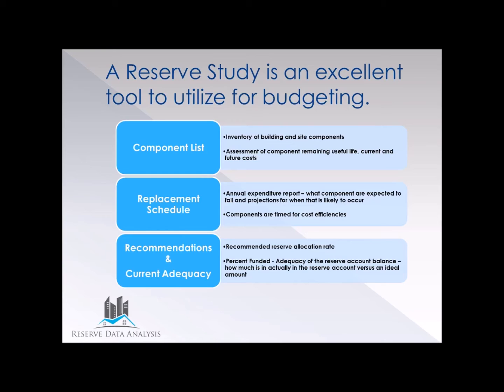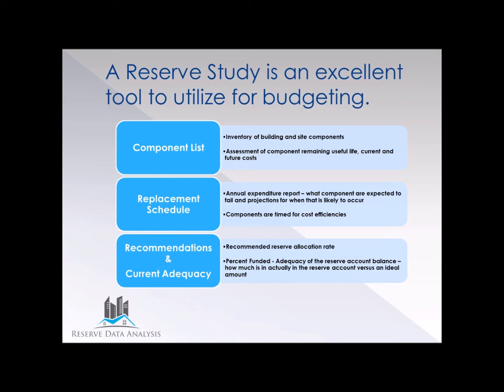Also in the reserve study is a calculation we call percent funded. This is essentially the adequacy of the reserve account. So how much is in the reserve account versus how much ideally would be in the reserve account at a specific point in time. And we give that for a current percent funded, and we do projections for percent funded into the future based on the different